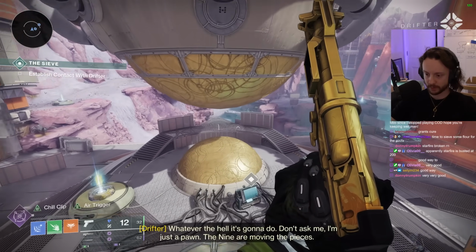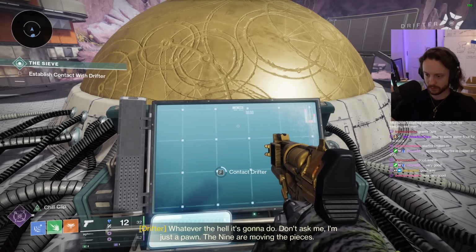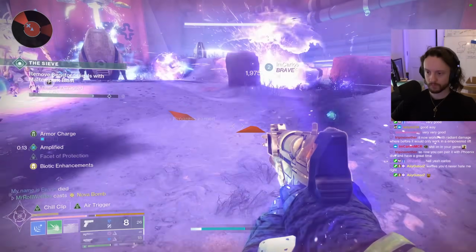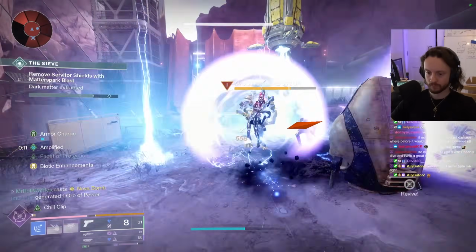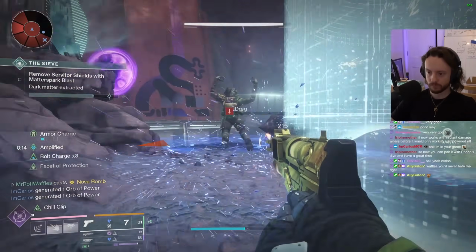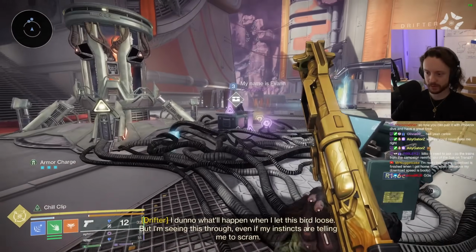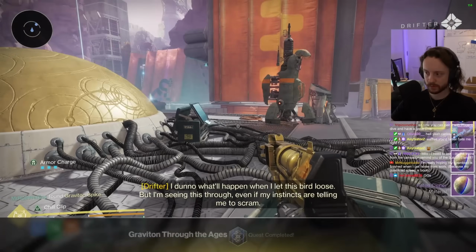So once it's available, load into the Civ, and you then need to contact the Drifter at this panel here, and then just take down all the enemies, follow the instructions that it gives you, use your Matamorph to destroy shields, things like that as well. And once you complete a round of the Civ, ta-da, you will get yourself the Graviton Spike,